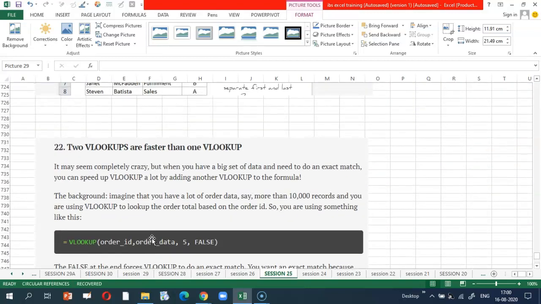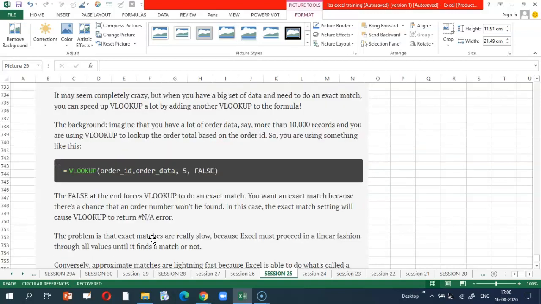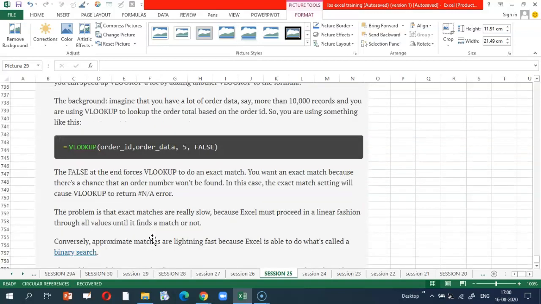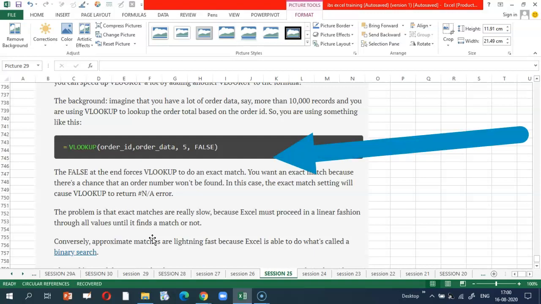Coming to the next discussion, one can use 2 VLOOKUPs instead of 1 to speed things up. So dear students, it may seem completely crazy, but when you have a big set of data and need to do an exact match, you can speed up VLOOKUP a lot by adding another VLOOKUP to the formula.